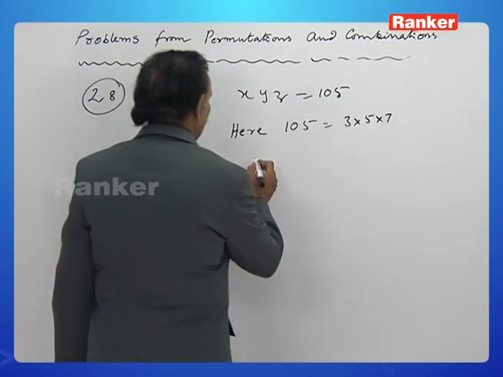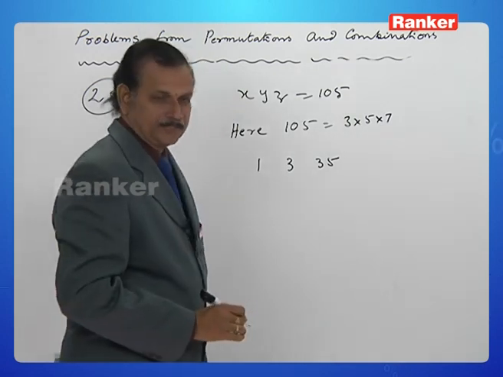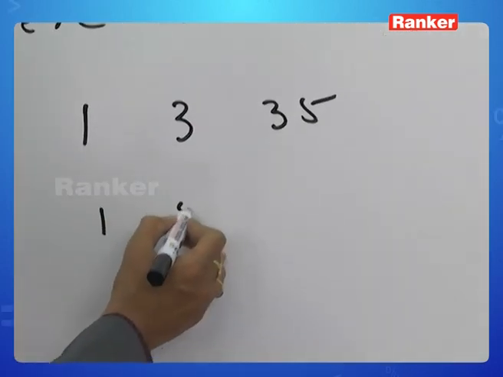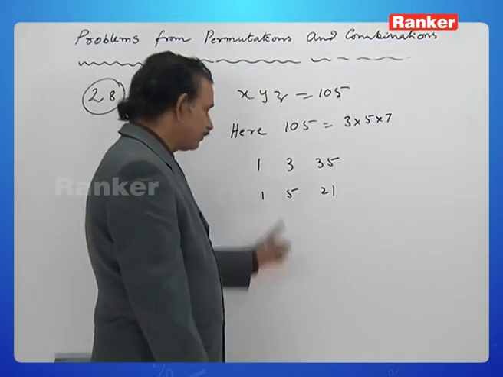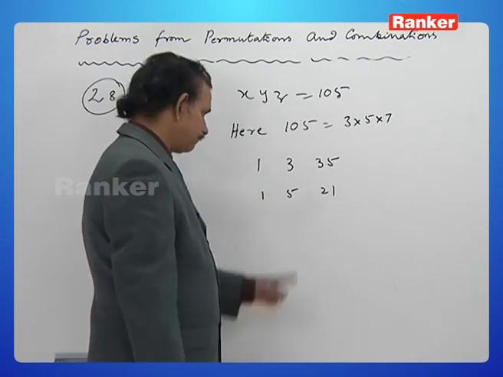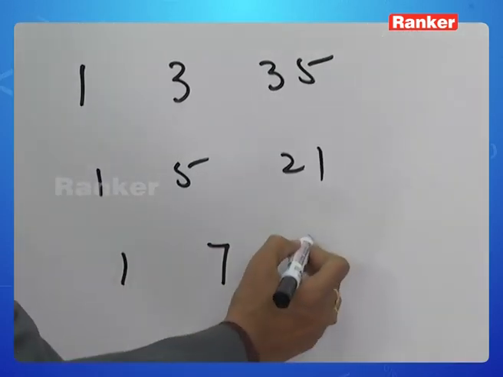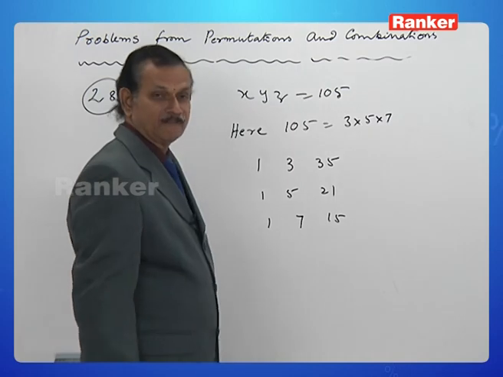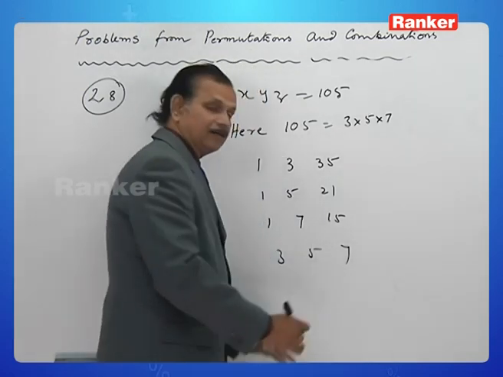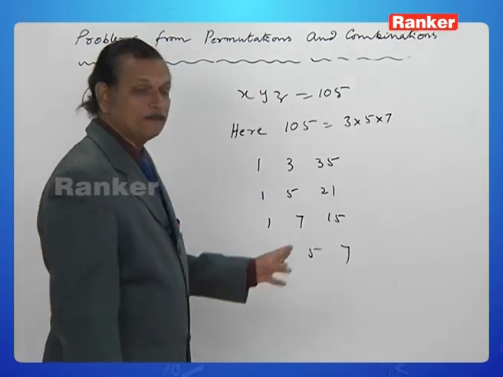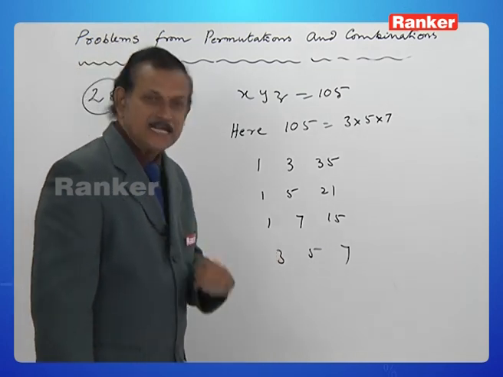How? 1, 3, 35. That is one possibility. 1, 5, 21 is another possibility. Product is 105. These are all distinct. Another possibility is 1, 7, 15. Here also it is 105. One more possibility is 3, 5, 7. So these are the possible combinations of the factors x, y and z such that they are